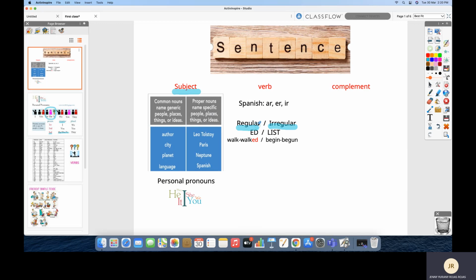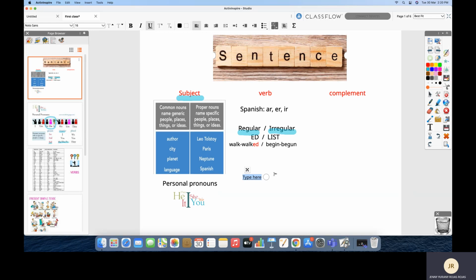Los regulares generalmente yo los conozco porque en el pasado o en algunos tiempos estos verbos terminan con ed. Here we have an example. Walk means caminar, ¿sí? But walked with ed at the end is caminó. So I easily can write, I'm going to give you an example. I walk, en presente yo camino. En pasado, I walked, ¿sí? Yo caminé. Puedo decir, Martín